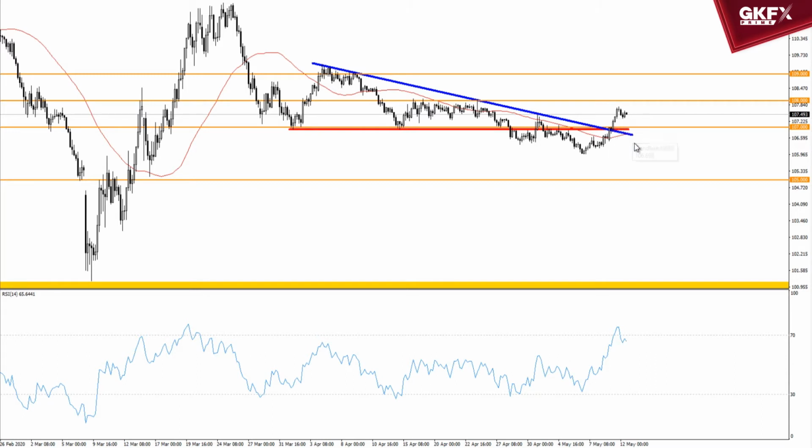Now, of course, we can roll over again, but it does look like we've done something a bit more material here. We've taken out this previous peak, so making higher highs is not characteristic of a downtrend anymore. At least we're in a range bound scenario. To me, it looks like we test 108. That's not much of a massive call. We're at 107.50 at the moment. That's where this layer of resistance was, and to me it would make sense that we can even get up to 109. It's only 100 pips above, and that would be testing these previous highs up there.